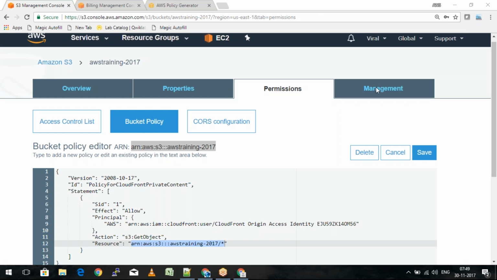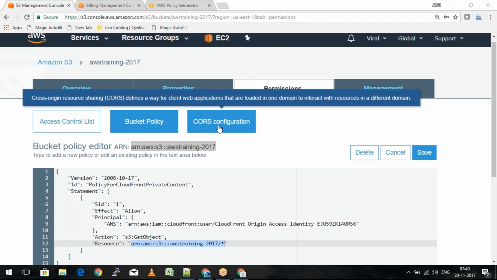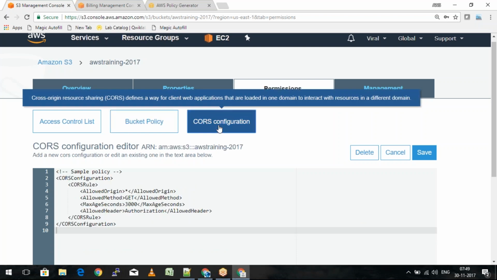Okay. And finally, we have one more level that is called CORS configuration. So CORS configuration is basically used